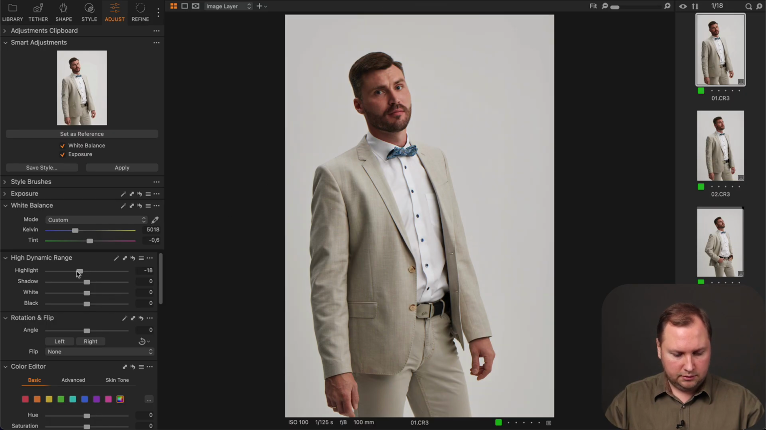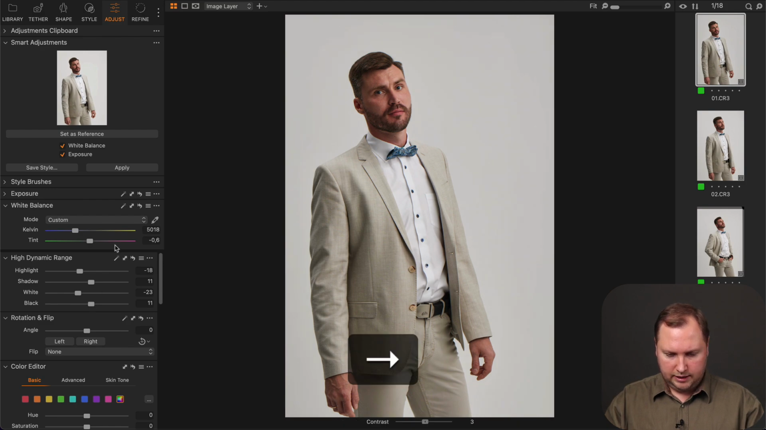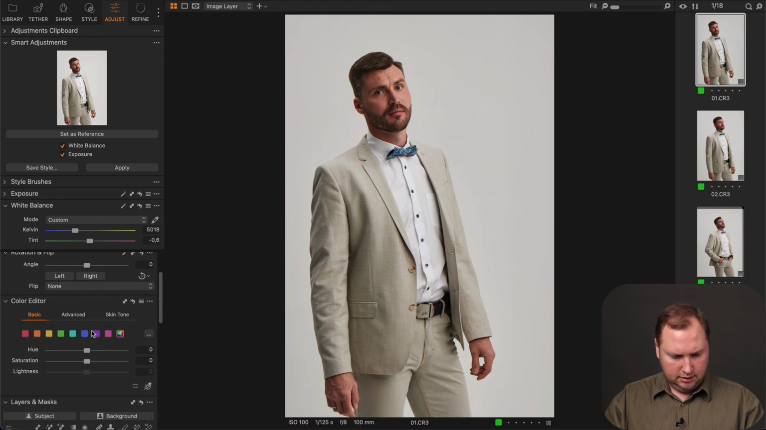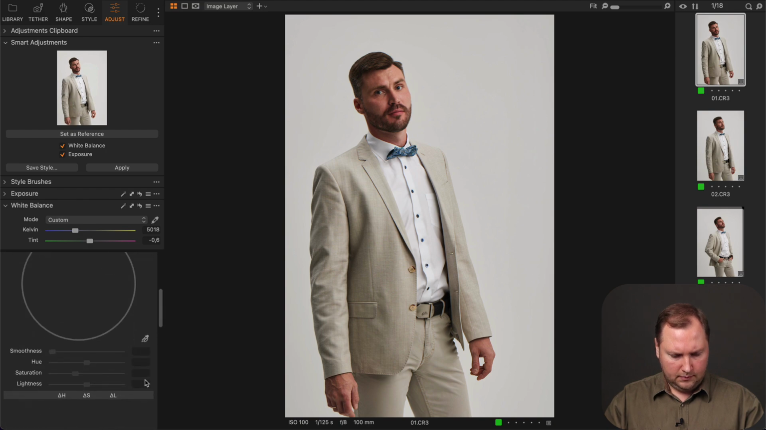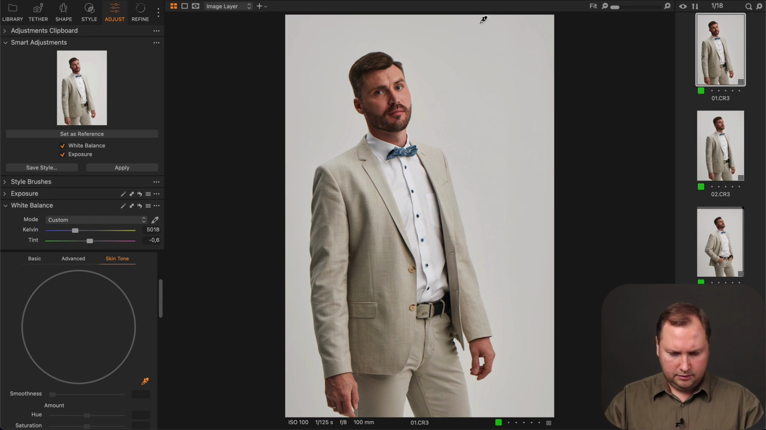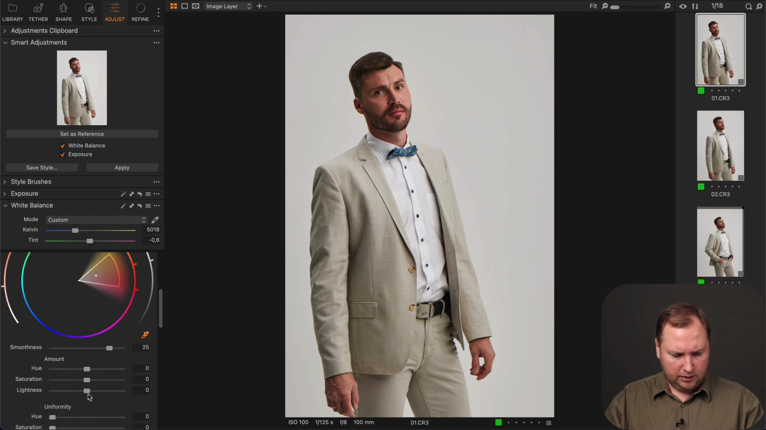Okay, looks good. Our next step is to apply all the additional adjustments, copy them, and apply them to all the images from this scene. So first I'm going to adjust HDR a bit, like this. Also a slight increase in contrast, and maybe I will slightly adjust the skin tone here. I would like to make it just a bit brighter and a little less saturated,